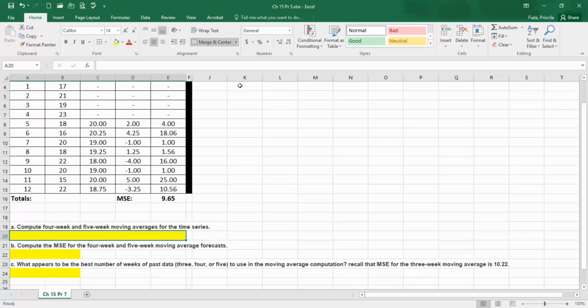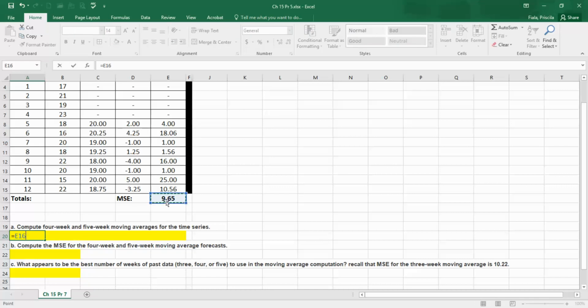Okay, so now we can go ahead and this doesn't have to be bold really, but it doesn't matter. So let me split this right here. For the 4 weeks, it's 9.65. Let me move it here actually. No, let me do it like this. 4 weeks, I'm gonna do equals this value right here. Wait, it helps if I don't type anything else that I shouldn't. And then for the 5 weeks,